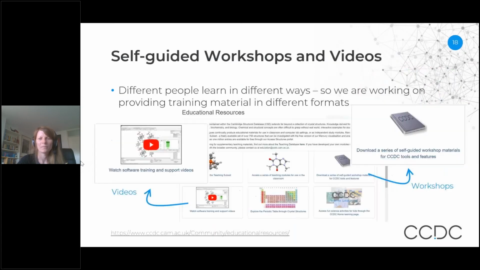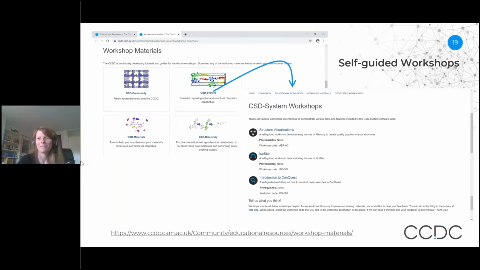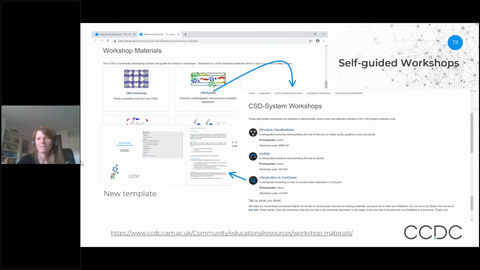So first thing, we've been working to improve our section of virtual resources, such as self-guided workshops and how-to videos. You can find this again in the educational resources part of our website. As for the self-guided workshops, this section was already flourishing with materials, and we've been trialing a new template for our workshops, for example, for the Conquest workshop, where we try to highlight more the learning outcomes, the objectives, and the